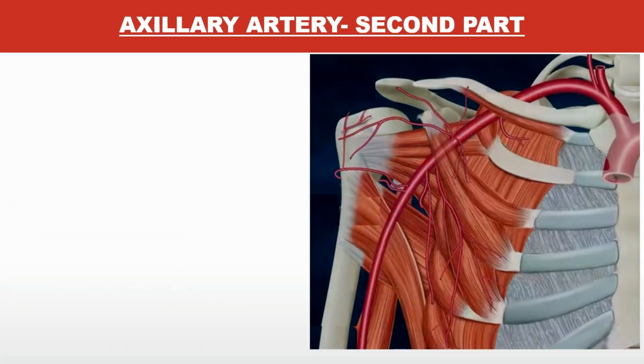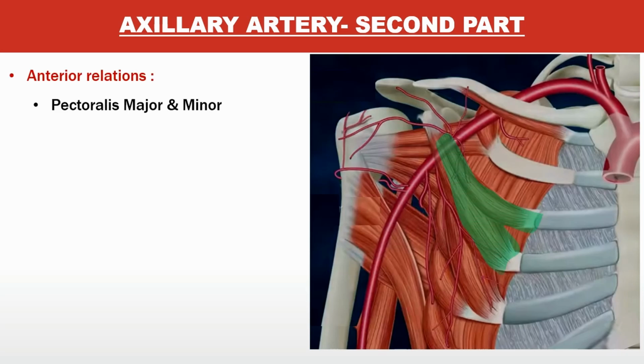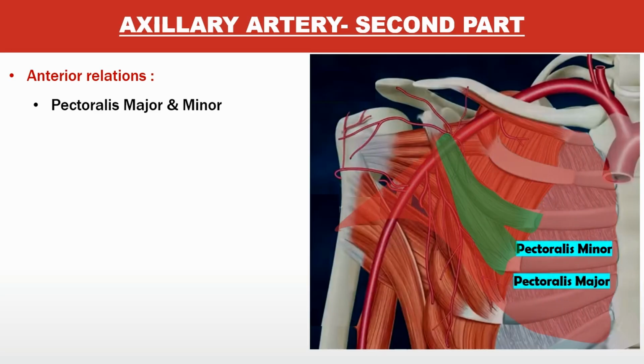Then we come to the second part of the axillary artery. Now the second part of the axillary artery lies beneath the pectoralis minor, है ना? तो सबसे पहला relation क्या हो जाएगा? Anteriorly, what is the muscle that will be there? Pectoralis major तो है ही, सबसे ऊपर तो pectoralis major है, वो हमने reflect कर दिया. Then which is the muscle? Pectoralis minor will be there, है ना? So that is the muscle that is lying anteriorly on the second part.